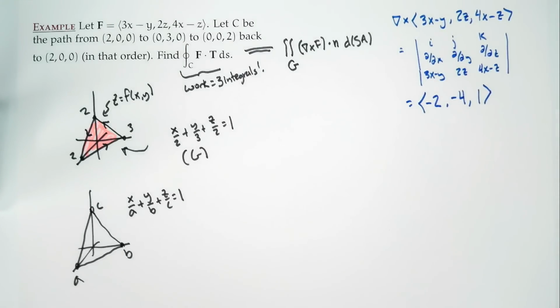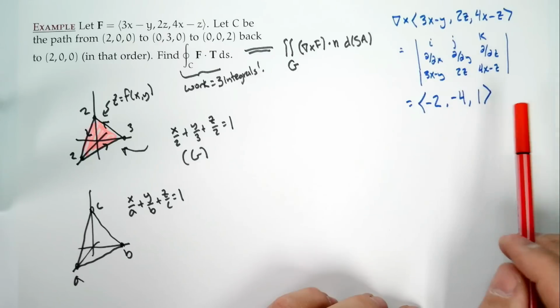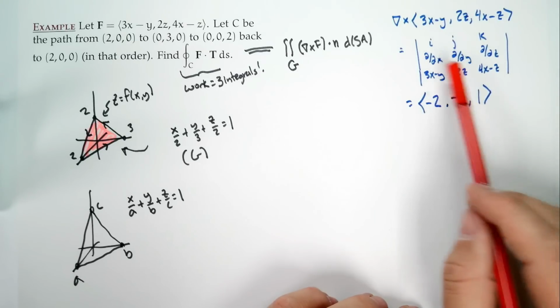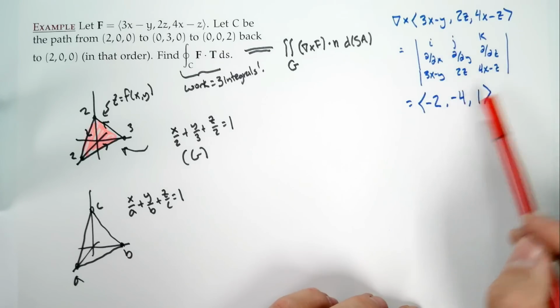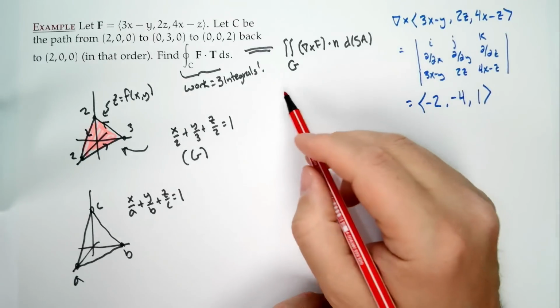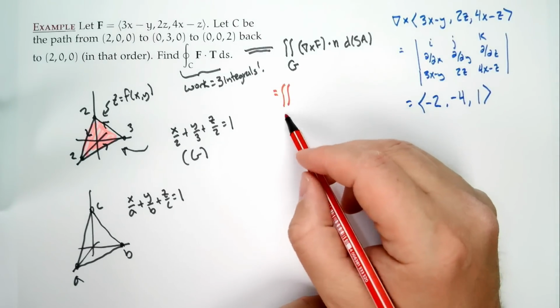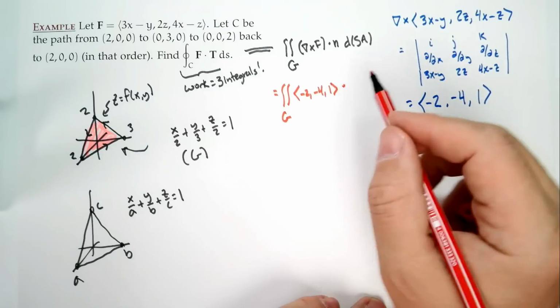All right. Well, now what? Well, the next thing for us to do is to figure out how to do this integral. All right, let's just double check. It's always good to double check. So, negative 2, negative 4, 1. Yeah, it looks good. We'll assume it's right. All right. So, we have the integral over G of <negative 2, negative 4, 1> dot N